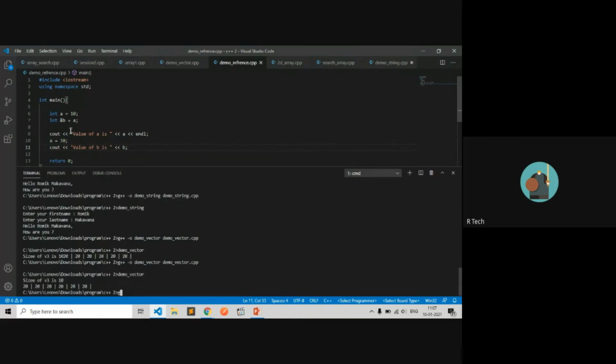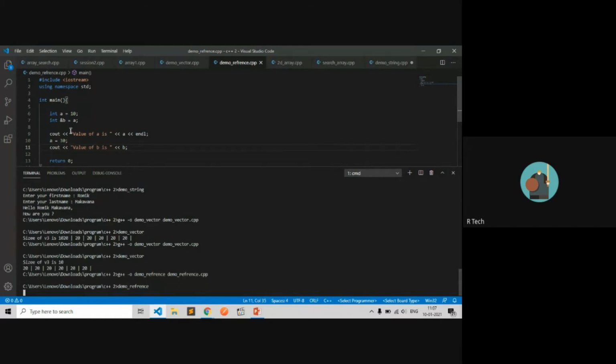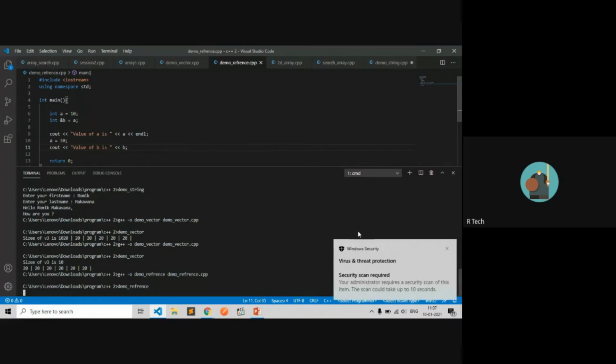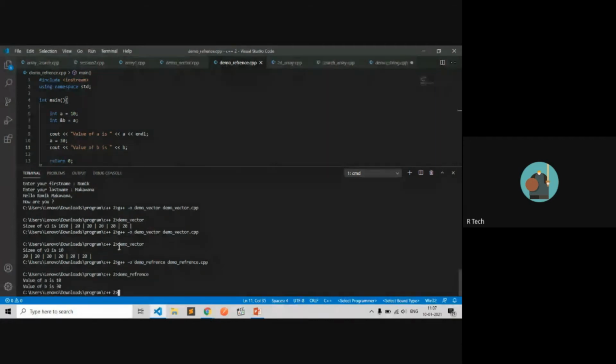Now let's create an object for the demo reference file and run the program.